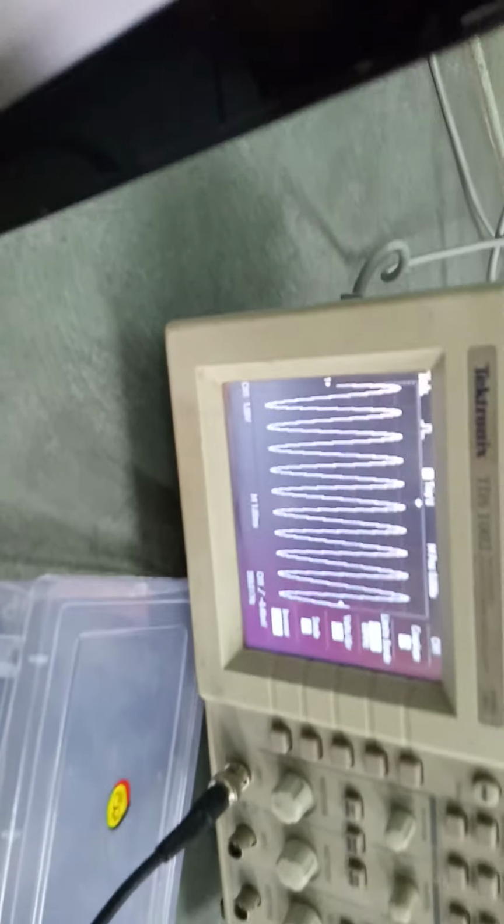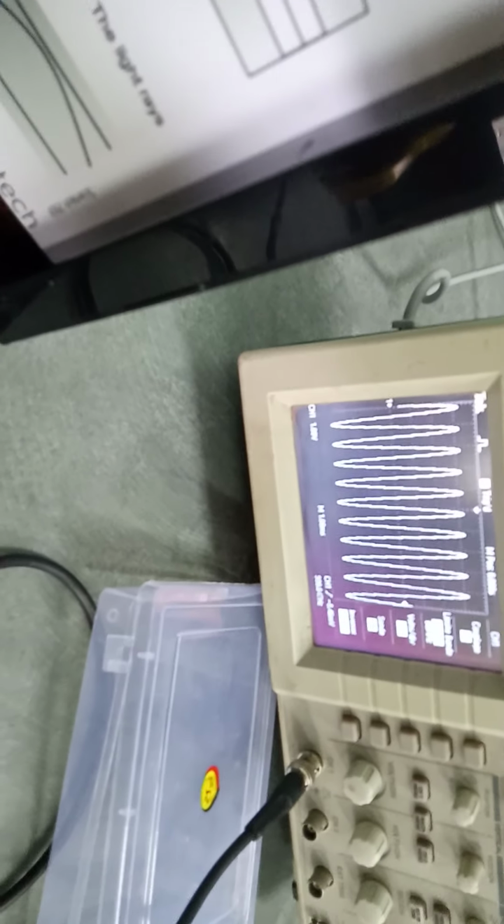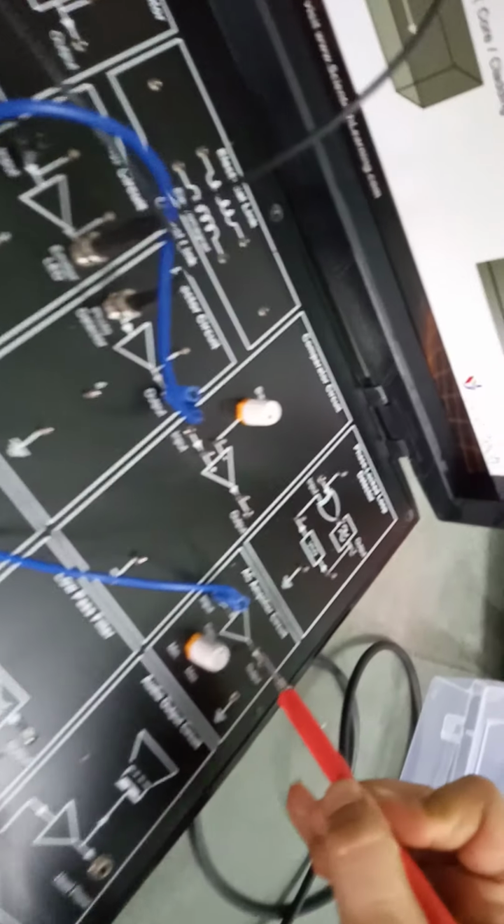Since it is an analog signal, we are transferring the analog signal. So the physical meaning of an analog signal is this only. This signal has the same amplitude in every phase. So whatever you send, the amplitude should be the same. Now we are testing it with the AC amplifier circuit.